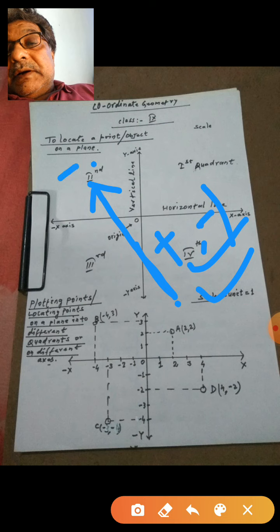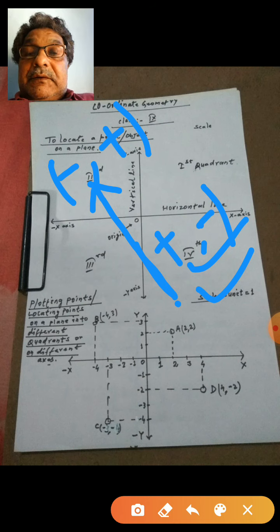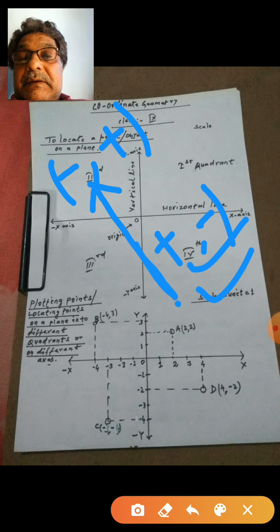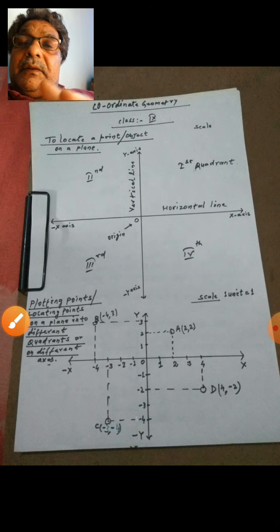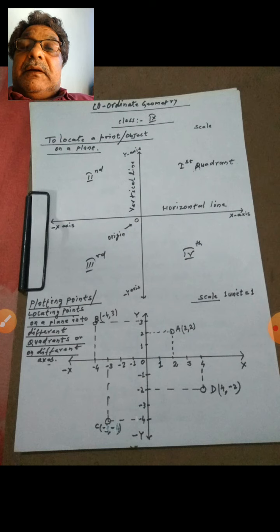Here it is minus plus, that is abscissa minus, ordinate plus, in the second quadrant, and diagonally opposite to it, in the fourth quadrant, abscissa plus, ordinate minus. I think it is very clear. Okay students, now you can very easily classify all the given points whose coordinates are given, that they will belong in which quadrant, either first, second, third or fourth.